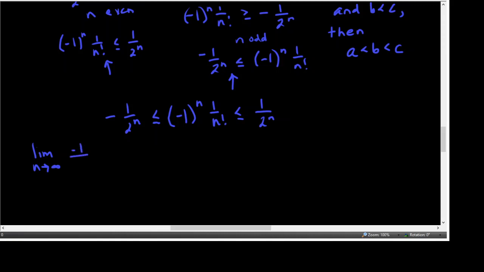If I have a constant like -1 over a power of 2, where that power is an increasing exponent, you're going to get a larger and larger denominator underneath the constant, and that will head towards 0. And I can find a limit for the other function that our problem is sandwiched between, the one on the right, and that one, by the same reasoning, is also headed towards 0. So by the squeeze theorem,